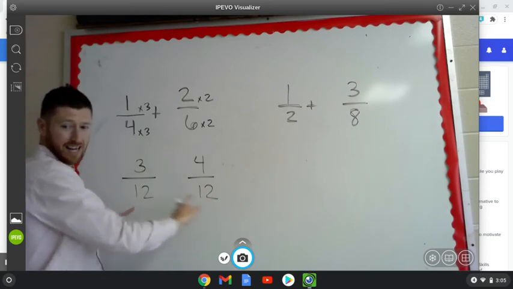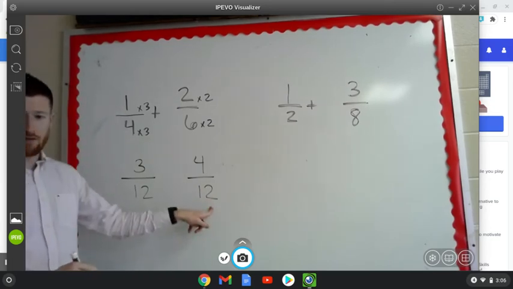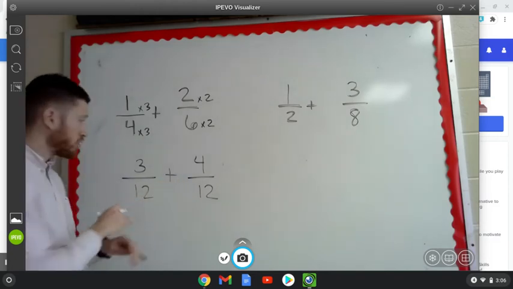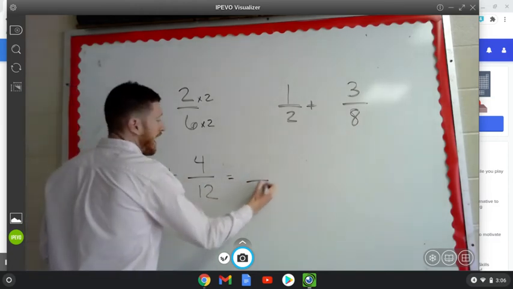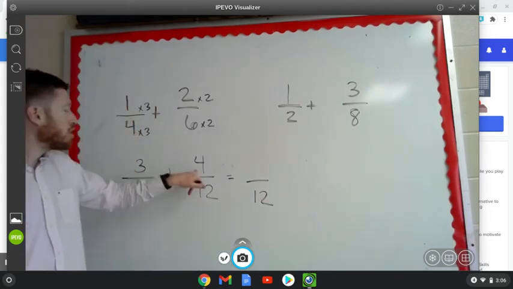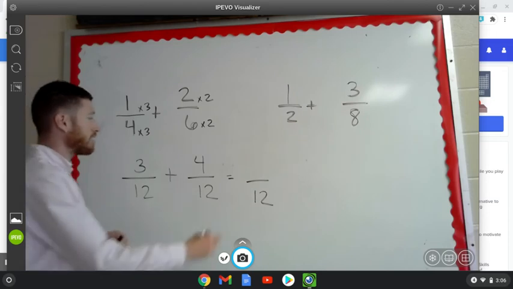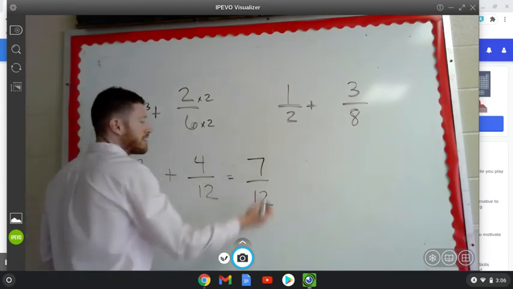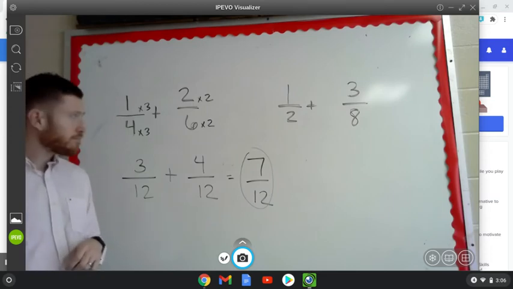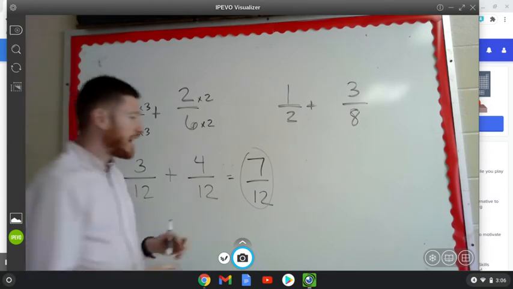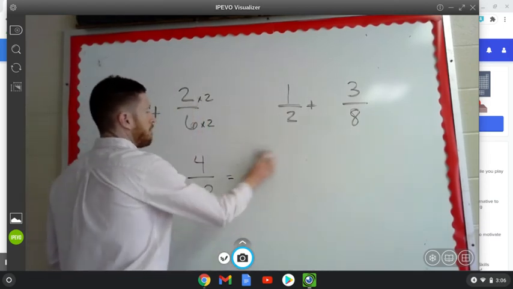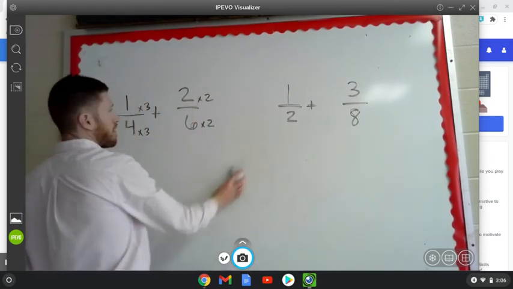Now you've got like denominators. 12, 12. When you add fractions, you all know your denominators don't change. We're still adding 12ths. So half of your answer is already done. All you have to do now is add the numerators, and it's super easy because you're just adding straight across. 3 plus 4 is 7. And your answer here is 7/12. All right? Now, sometimes you might encounter a problem like, and I'm just erasing so that I have room for this one,